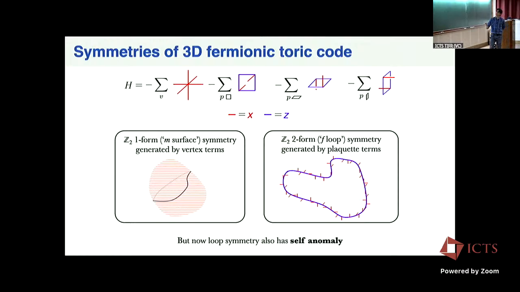Okay, so my surface symmetry is the same as before, but this loop symmetry I had is now different. Because now to get a loop symmetry, I have to construct it out of these plaquettes. So what I get is a closed loop of a product of Z's on the lattice, but it is a hairy loop. It has these little Pauli X's sticking out of it. So it's a different operator than before.